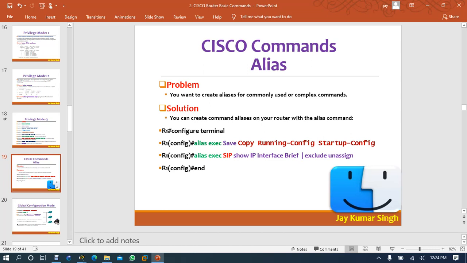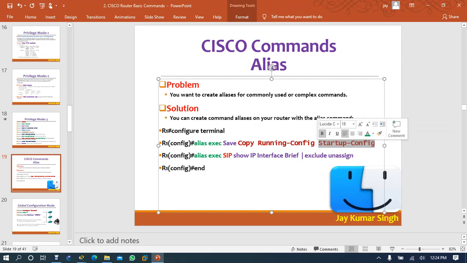So instead of writing this long command, copy running config to startup config, I should run the command save. But save is not a command. I can create an alias, meaning a duplicate command for my own use. It's written save, but actually it is taken as copy run.